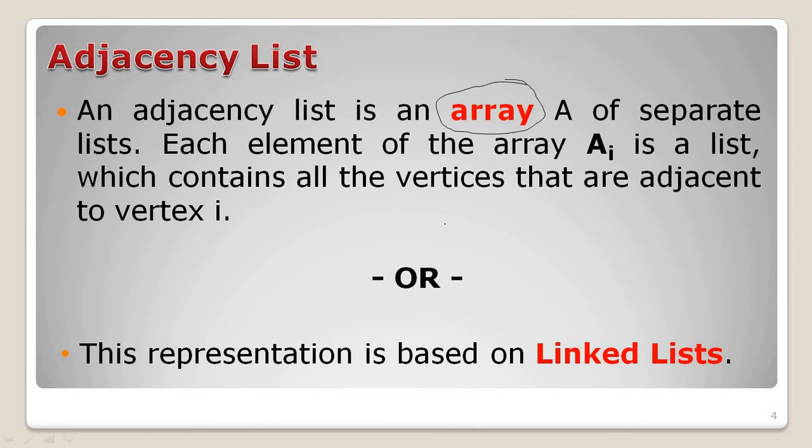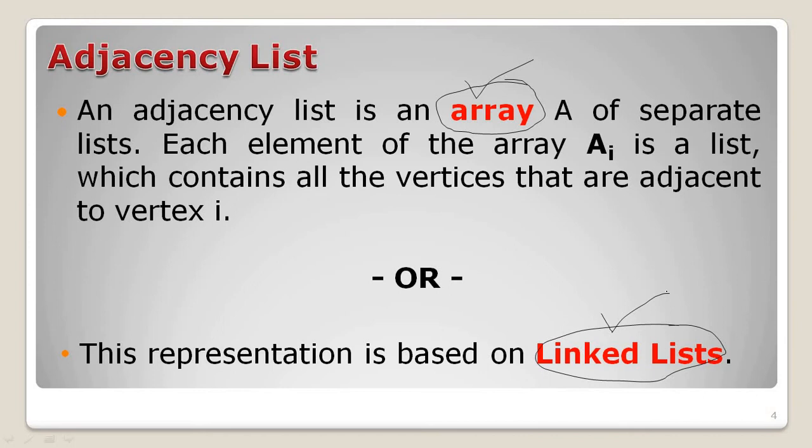Or the second thing is, this representation is based on the linked list. In this approach, each node is holding a list of nodes which are directly connected with that vertices. At the end of the list, each node is connected with the null values to tell that this is the end of that particular list. It means that the adjacency list we can represent by using the linked list also. So the thing is, in the two ways we can represent the adjacency list, that is by using the concept of array or by using the concept of linked list.